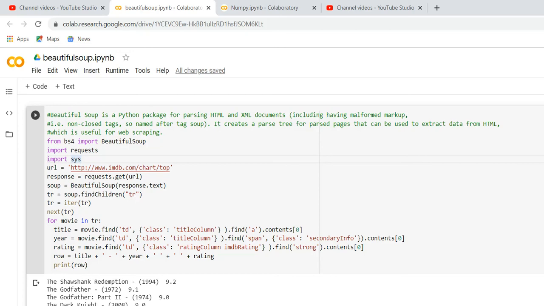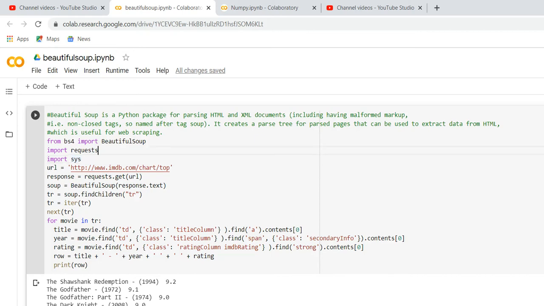It creates a parse tree for parsed pages, which can be used to extract data from HTML. So the main use is web scraping through Beautiful Soup.